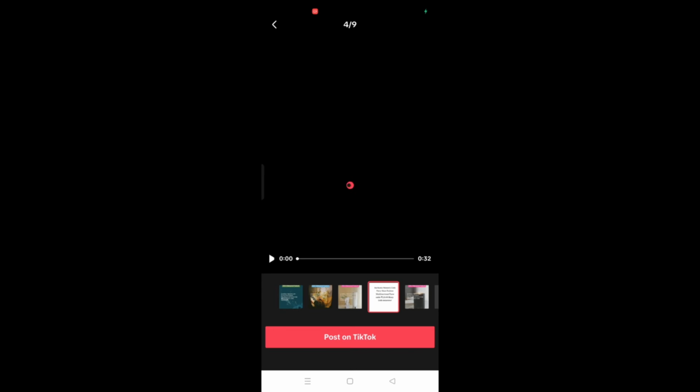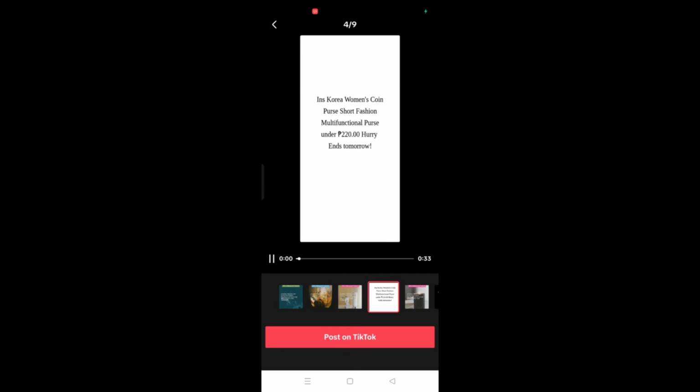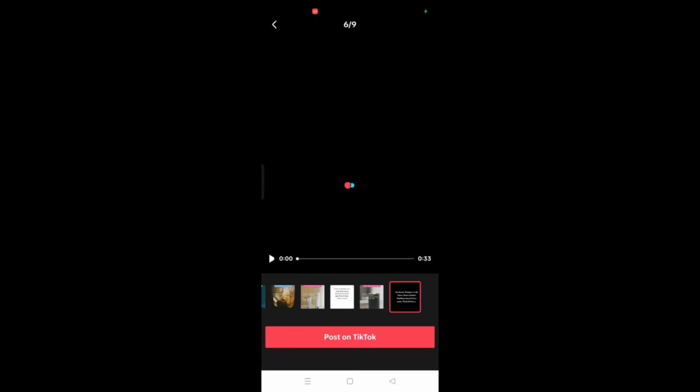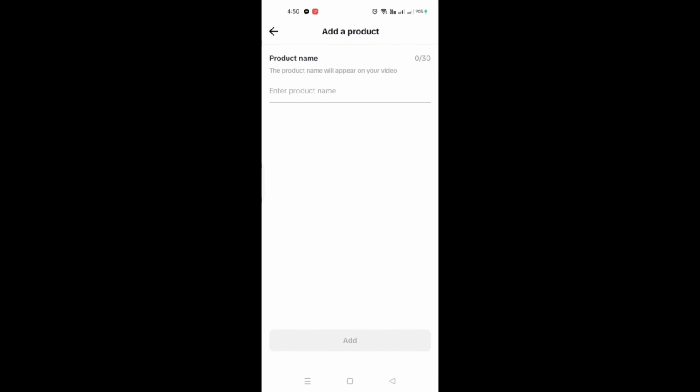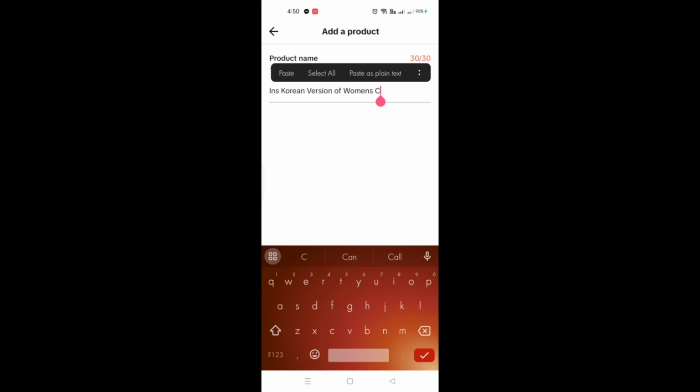So you can choose, click on these square blocks or square images at the bottom, right above the post on TikTok button. And once you've decided on which video you will be using, you just click on the post on TikTok button and it will automatically route you into the page where you will be adding the product name. So here, in Korean